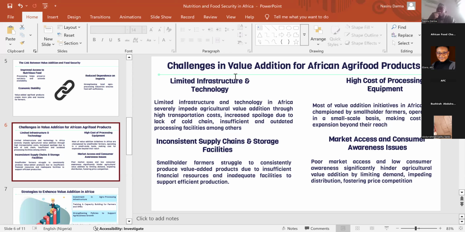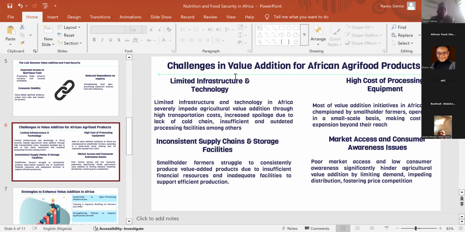We have to buy what is African so that we can encourage the businesses within Africa, so that in turn we can create more jobs and have a stable economy, and also save the industry, the food system in the continent. So it's important that we look at it in this perspective. Right? So these are some of the major challenges facing the agropreneurs that ventured into value addition in